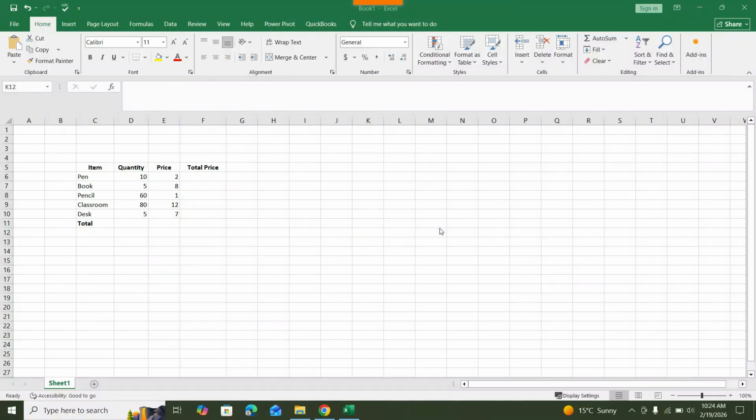In today's video, we are going to learn subtraction in Excel. Subtraction in Excel is very simple. We use minus sign, which is that symbol, to subtract one value from another. For example, if we want to minus,